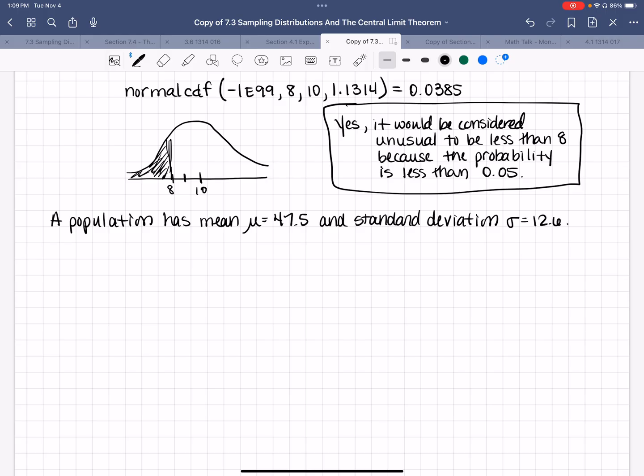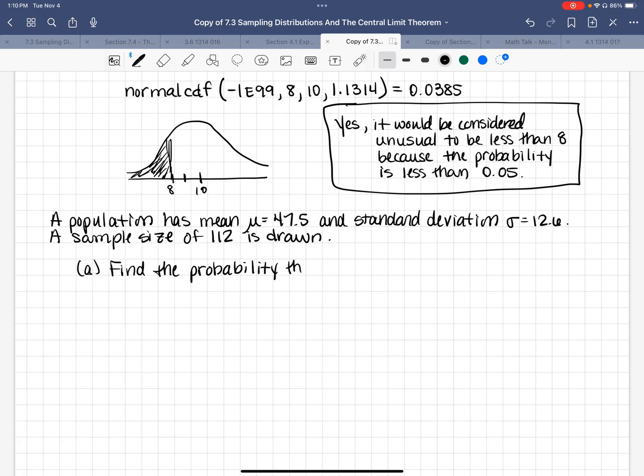A sample size of 112 is drawn. A, find the probability that X bar is between